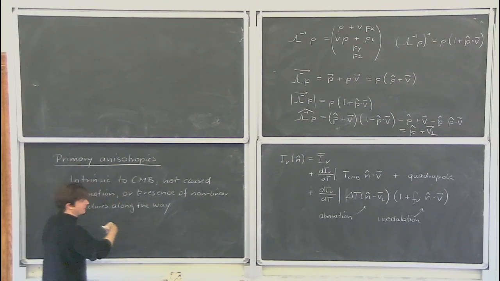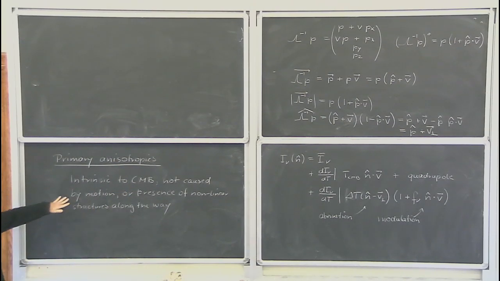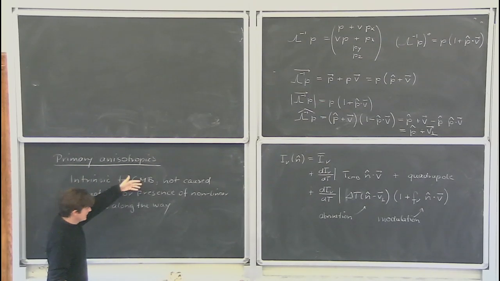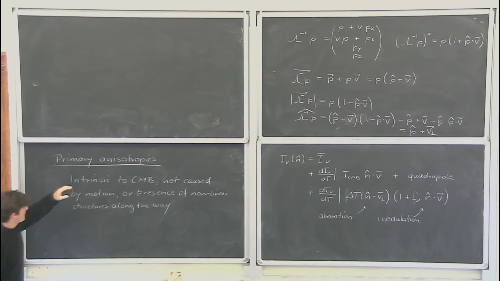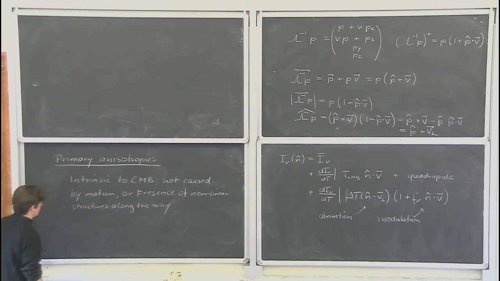Galaxy clusters, for example, also imprint patterns onto the cosmic microwave background radiation, but that's not included in the primary anisotropies. Those are the secondary anisotropies. So these are things that are just intrinsic to the CMB. And here, again, the way we can write it, so what we're still measuring with our instrument is the intensity